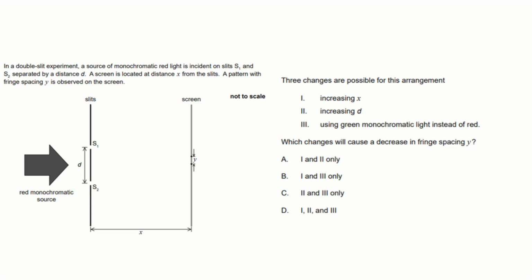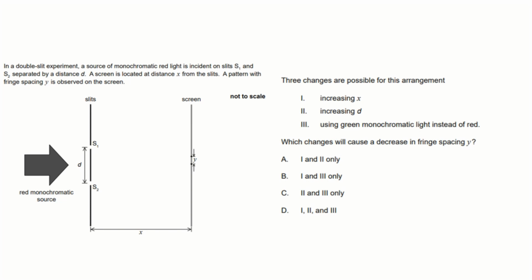Okay, here we go with a question which is about double slit. It's one of these questions about the combination of statements, statement 1, 2, 3, and we're looking at which changes will cause a decrease in the fringe spacing. Why? Have a try and we'll get looking at the answer. Okay,